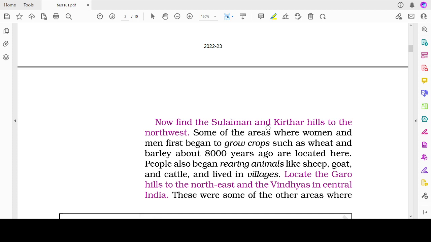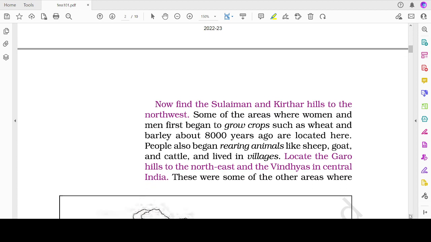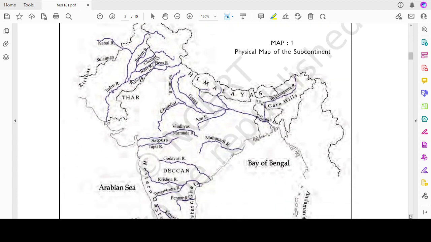Now we can see the Suleiman and the Kirthar hills to the northwest, some of the areas where women and men first began to grow crops such as wheat and barley about 8,000 years ago. They are located here in the Narmada Valley. People also began rearing animals like sheep, goat, and cattle and lived in villages. Locate the Garo hills to the northeast and the Vindhyas in central India. So those things we can see in the map. Those are some of the other areas where